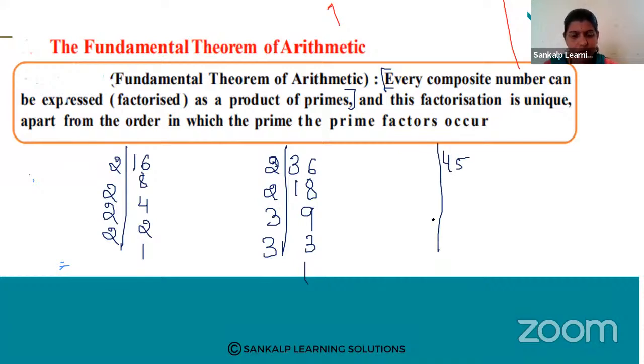If I consider 45, what will happen? 3 15s are 45, 3 5s are 15, 5 1s are 5. So 3